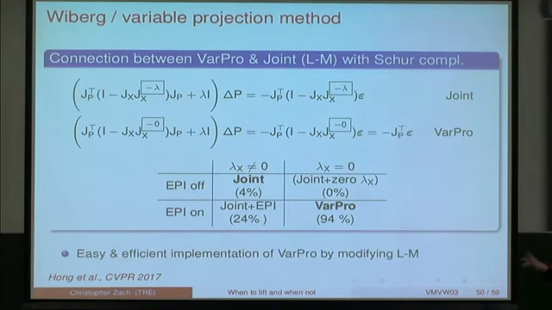Also, by identifying the Schur complement and VARPRO as basically the same, one of the byproducts is you can implement VARPRO much more easily. In the past, people derived the gradients manually. You don't need to do it. You just use the Schur complement at the end. If you have an efficient Gauss-Newton solver using a Schur complement inside, which is the case for all the bundle adjustment implementations, then it's very easy to upgrade this solver to incorporate VARPRO approaches.